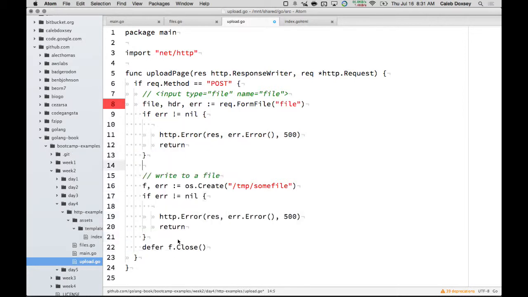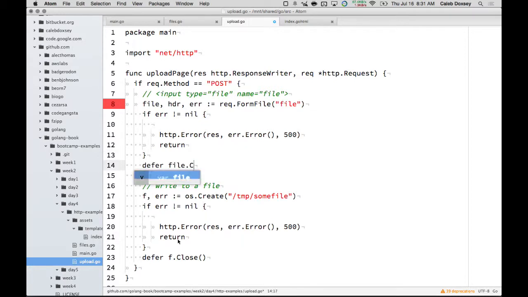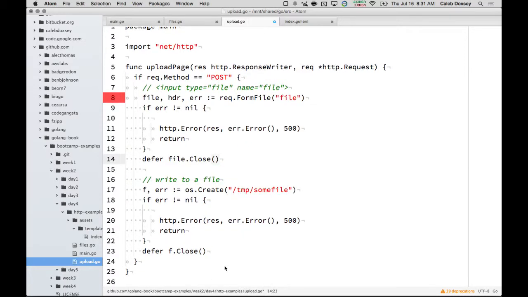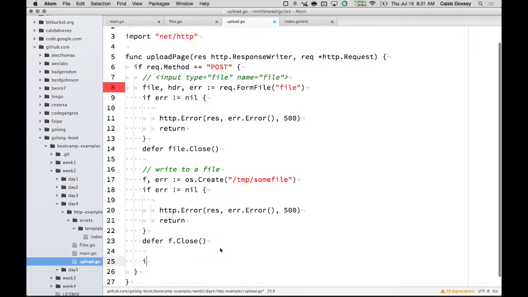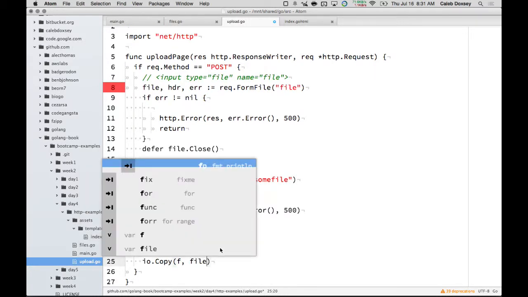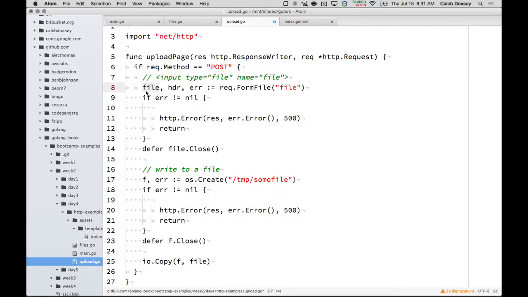So I need to do that up here actually too. And then I'll rename these so it's more clear. We'll call that source, destination, and then